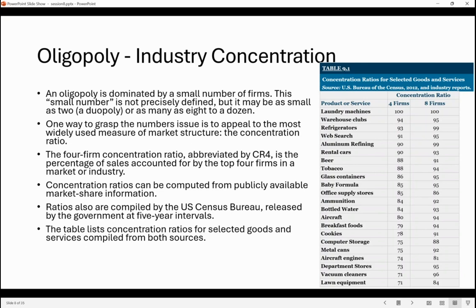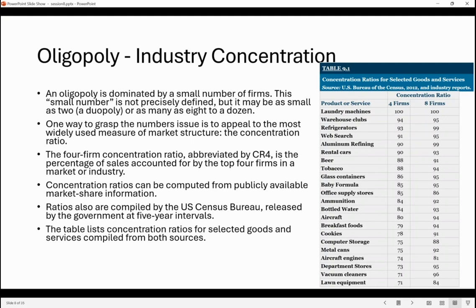That index could be the concentration ratio, right? By concentration ratio, we are trying to define to what extent the market share is with the top firms of the market. For example, the famous concentration ratio is CR4, which is telling us to what extent the market share goes to the top 4 firms in the industry, right?